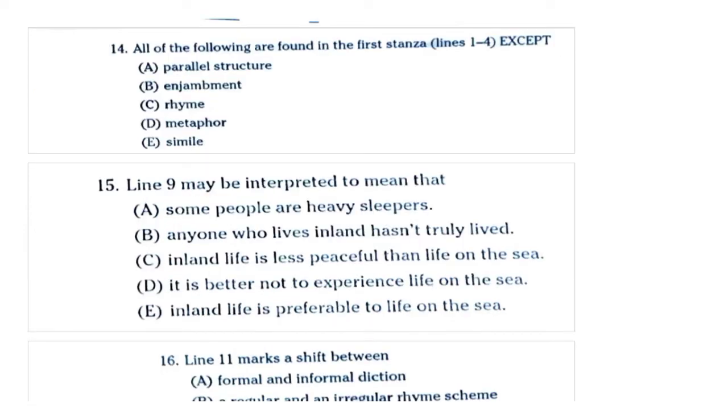Let's talk about question number 14, which says all of the following are found in the first stanza, that is lines 1 to 4, except. Okay, we have to find out something which is not there in lines 1 to 4 of the poem. Now, parallels in poetry are patterns that repeat. Okay, so you can cross out choice A because the first stanza has two parallels. Okay, that is people that, one line was starting with that people that, and another line was far from. Okay, you can also remove B